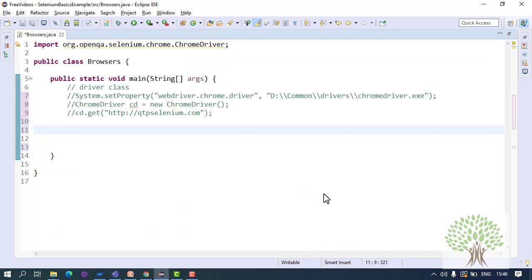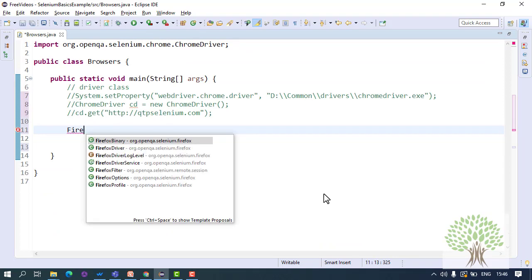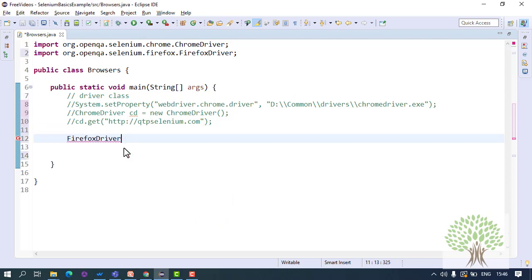So you just write FIRE and hit Control spacebar. You will get the names of all the classes which are starting with the word fire. You want a Firefox driver, you can select it. It will get automatically imported as well. And you create the object of Firefox driver.